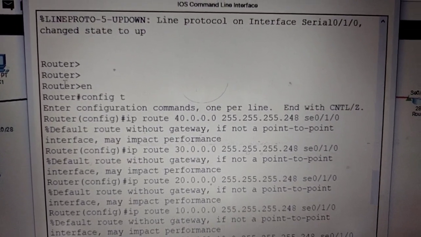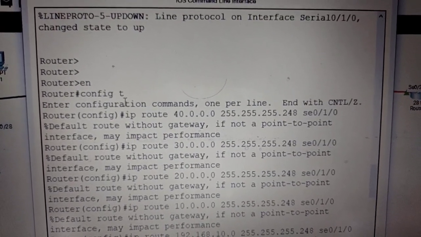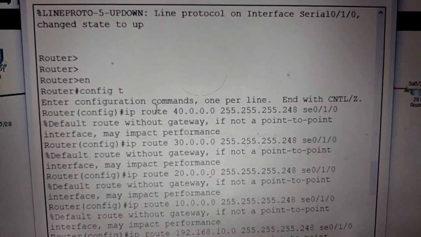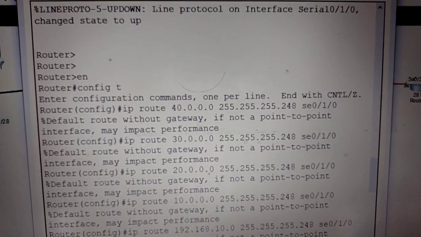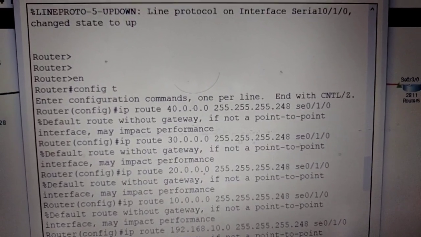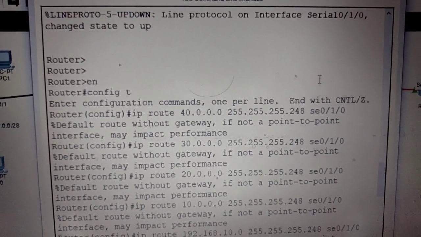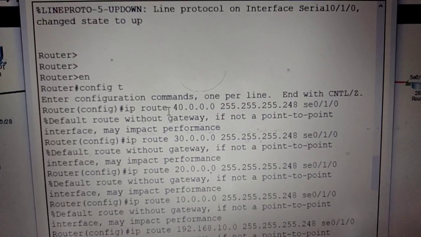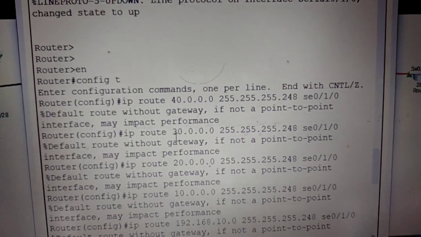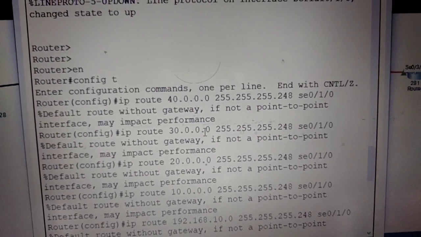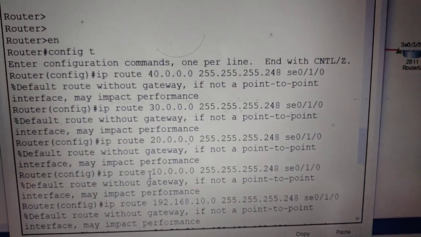For the routing part, first we have to enable, after that configuration terminal. After entering the configuration terminal, we have to enter the IP route. Now we are sending from router 0 to router 4. Before, I told you, in router 4 I took 40.0.0.0 for the network ID. In router 3 I took 30.0.0.0, in router 2 I took 20.0.0.0, and 10.0.0.0